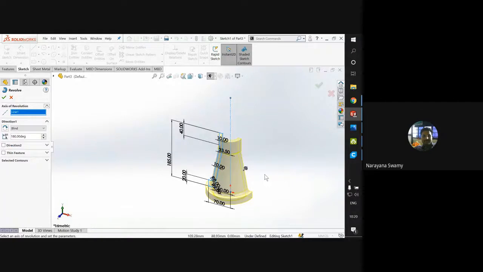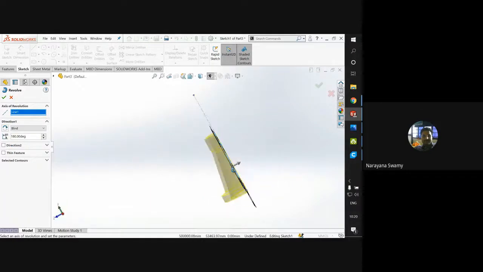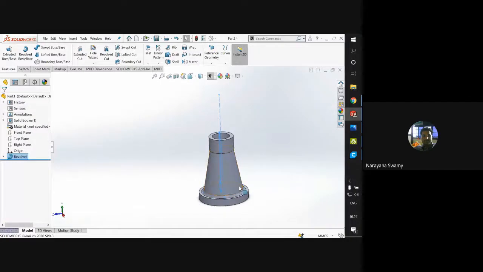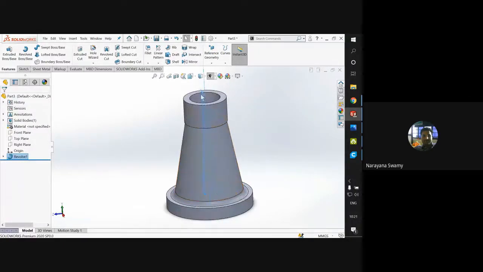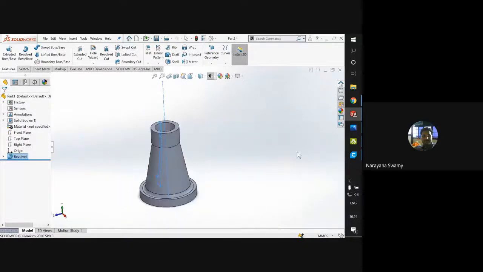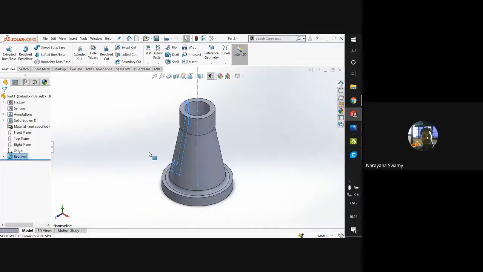So you can see the off part here. I hope you can recognize this one. Okay, so wherever it is possible to have a 90 degree, or a 180 degree or a 360 degree, so whichever the possible way you can use it here. Okay, so we find that this SolidWorks is a simple one, where we can do the 2D modeling and we can complete the 3D modeling like this. Okay. Okay, so this is how exactly we can see it here.